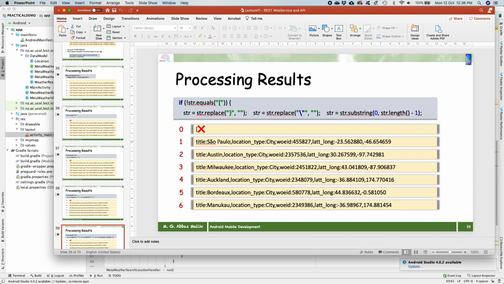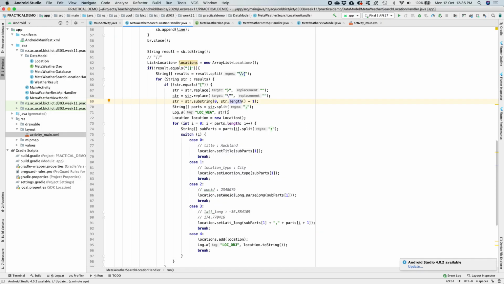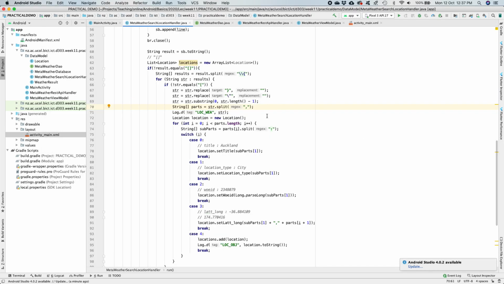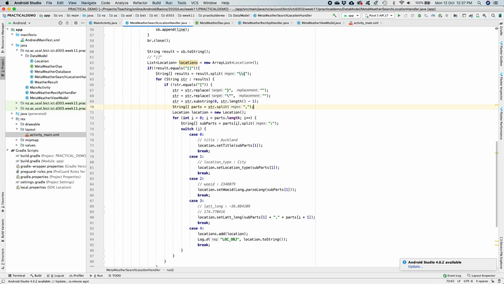So now we have key value pairs, and now we are saying that we split that string based on the comma. It means that this part will go into the index value 1, this part will go into the index value 2, this part will go into the index value 3, and this part will go into the index value 4, and that longitude value will go into the next index value. So we need to make sure that we are not putting these two in separate places, but we add the one value. So let me remove this thing here right now,